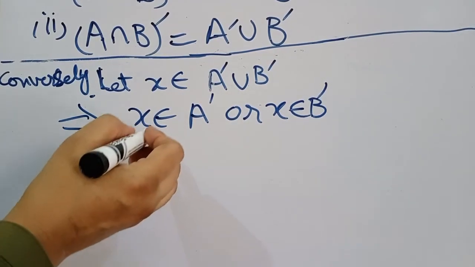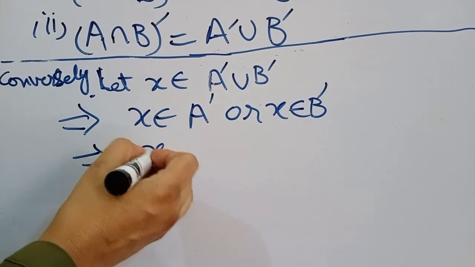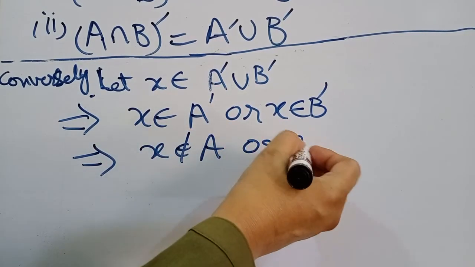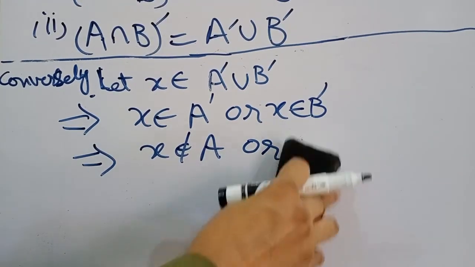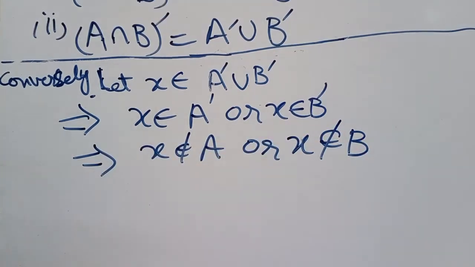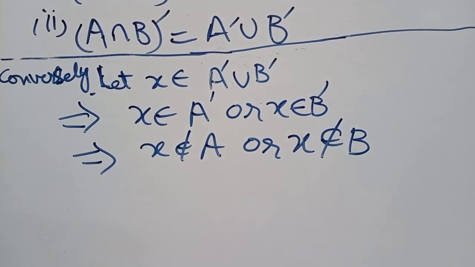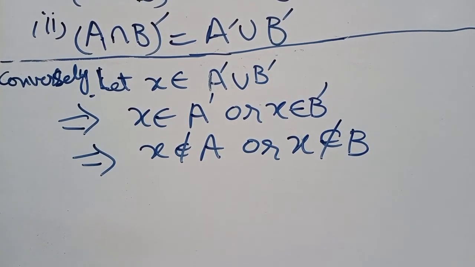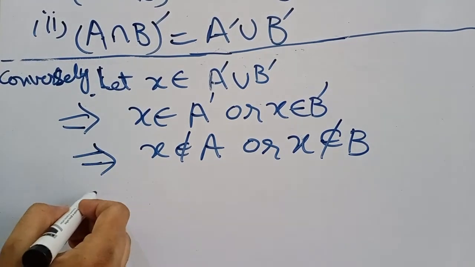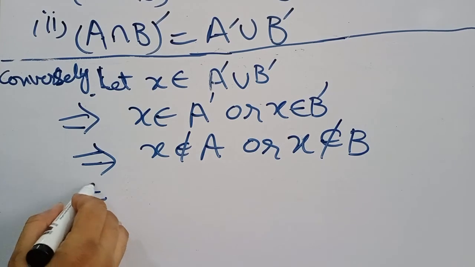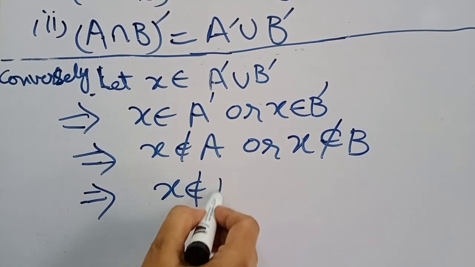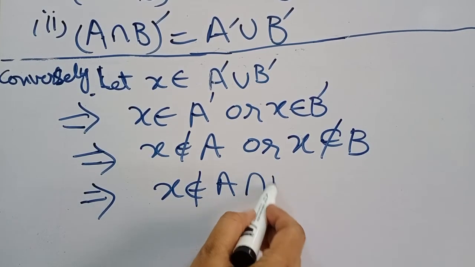It means since x belongs to A complement, x doesn't belong to A, or x doesn't belong to B. Because a set and its complement are disjoint, x doesn't belong to A intersection B,